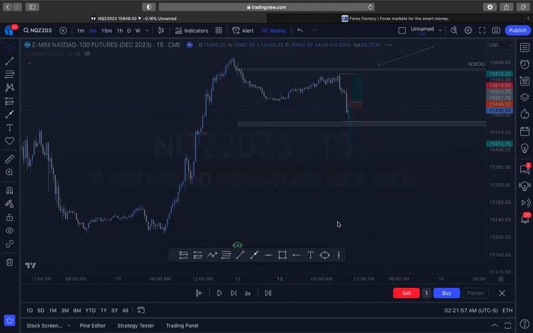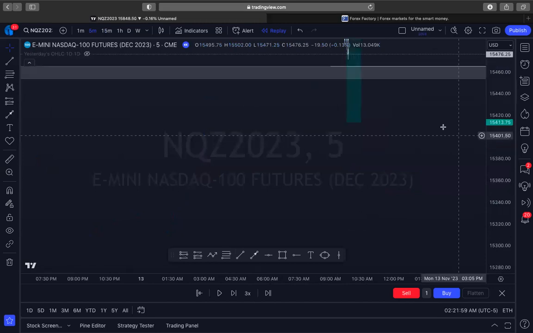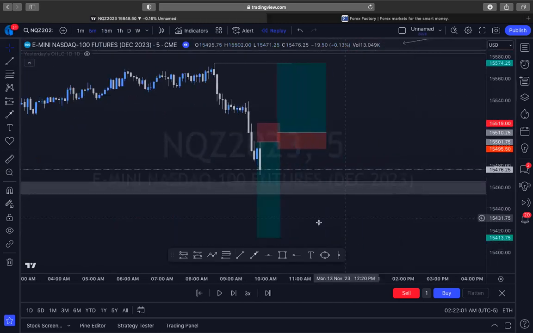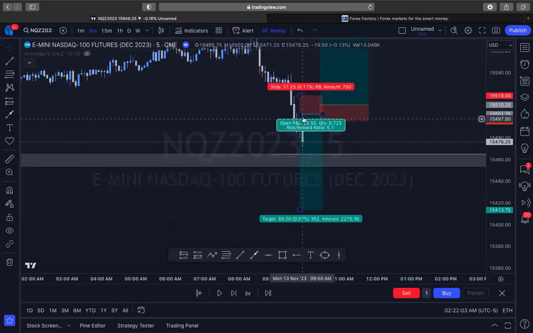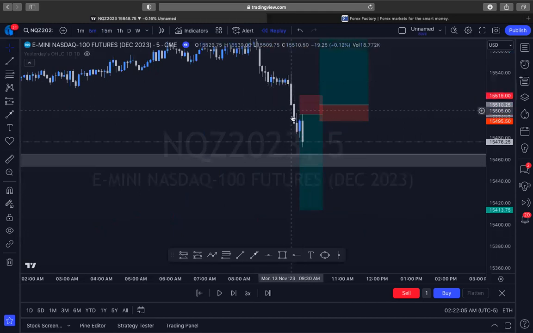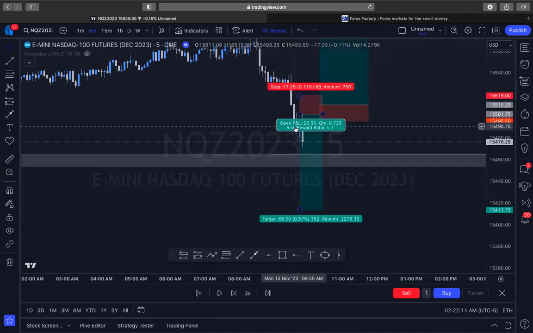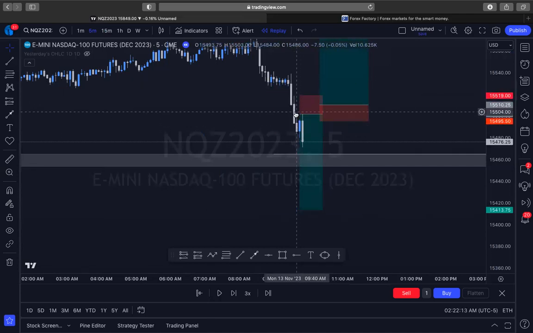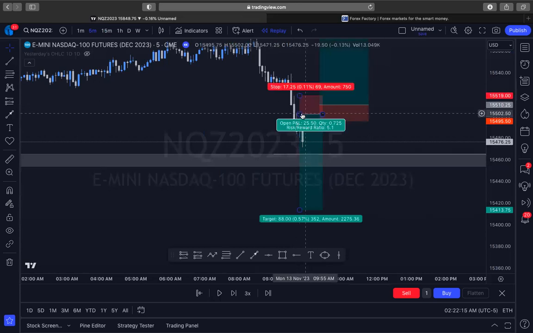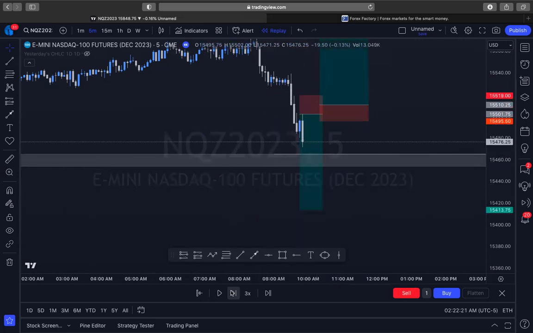Let's go back into the 5-minute and see if this trade played out, right? Why did I get in here? Again, this is almost the same thing, just on a smaller time frame. So in a sell, I don't want to sell down here. I want to sell when it reaches some type of fair value, which is right here. And because it's up here, it's at a premium price. So I want to sell up there to take profits down here.